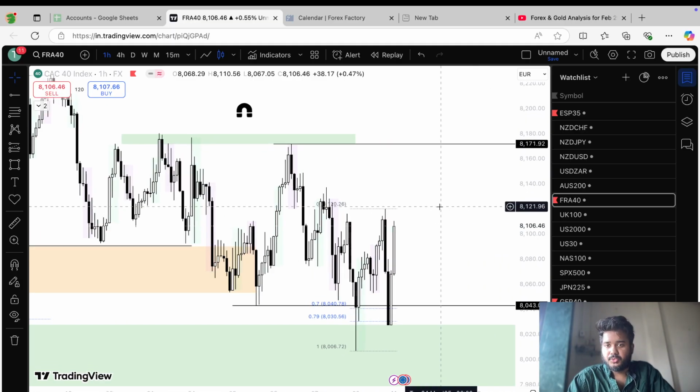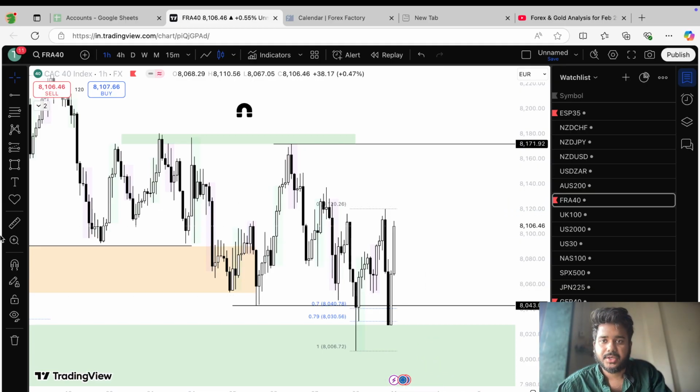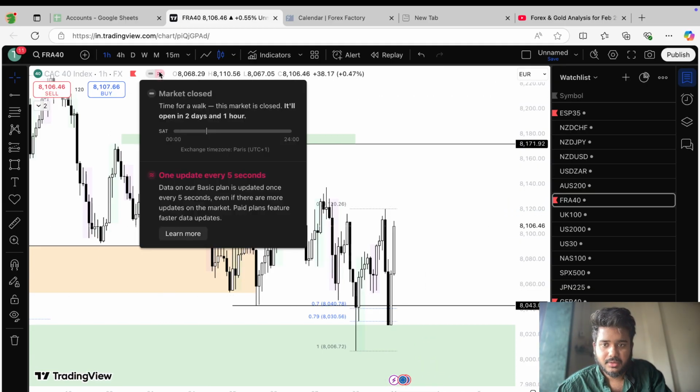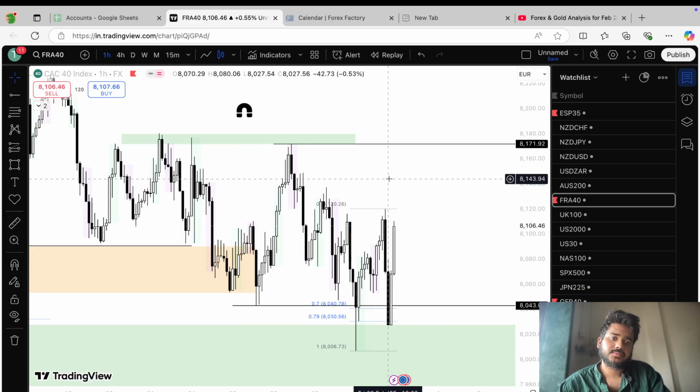And the next few days, Saturday, Sunday is holiday, right? I don't know about FRA 240. I just trade the price action. It will be open in 2 days and 1 hour. So there's a lot of time right now. So it's still gonna take some time. So it's gonna open around